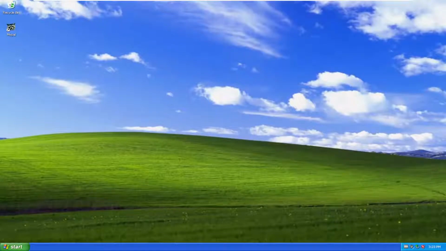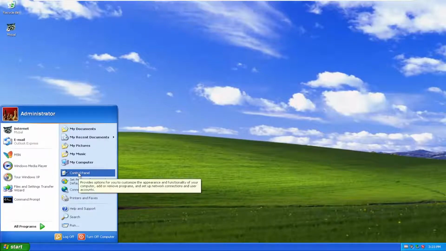In today's tutorial, I'm going to show you how to adjust the screen size on your Windows XP computer. So this should hopefully be a pretty straightforward process, and without further ado, let's go ahead and jump right into it. So all you have to do is open up the Start menu and select the Control Panel on the